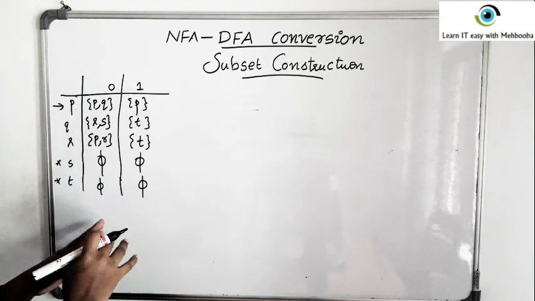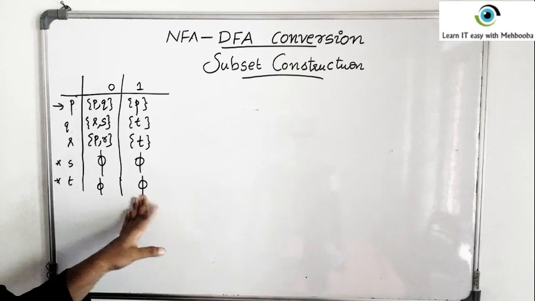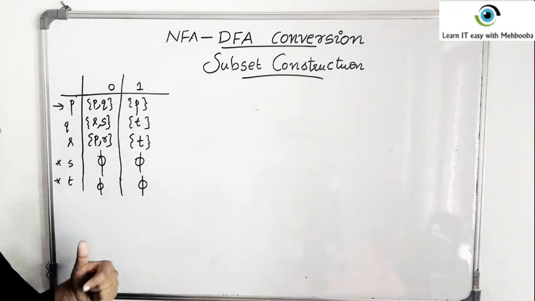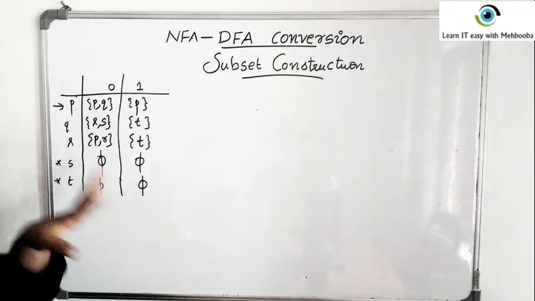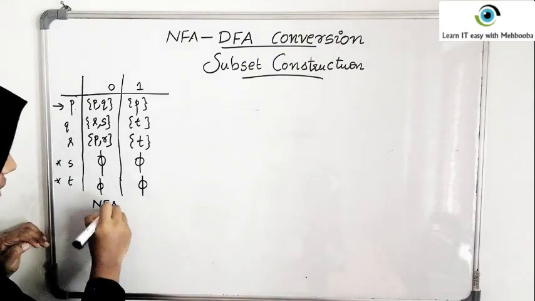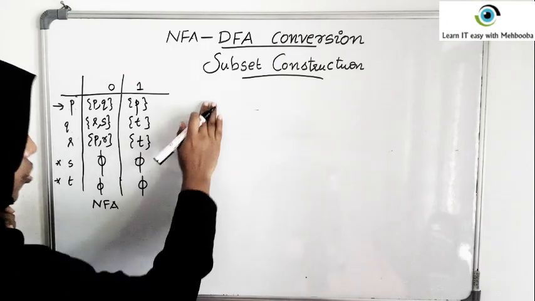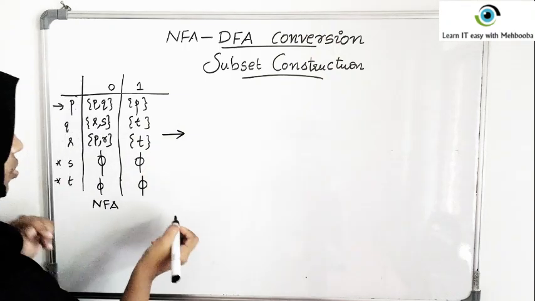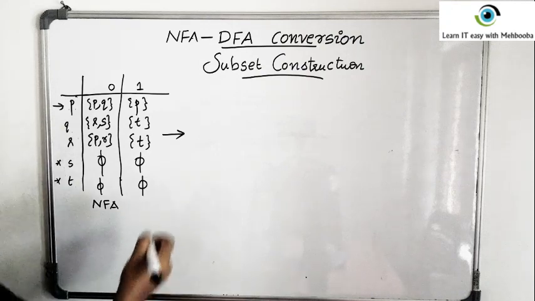Don't be surprised by the question given. That is, instead of the transition diagram, you are simply given the transition table. If you are comfortable with the transition diagram, you can convert this transition table into a transition diagram and then continue with that. Okay. So we will do that. So this P is indicated by an arrow mark, meaning that P is the start state.